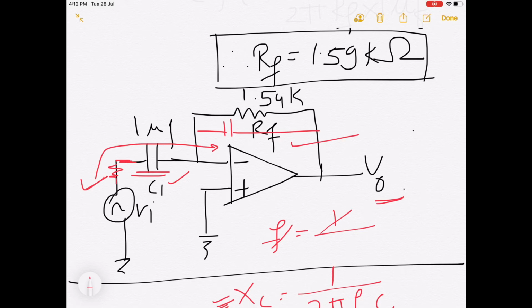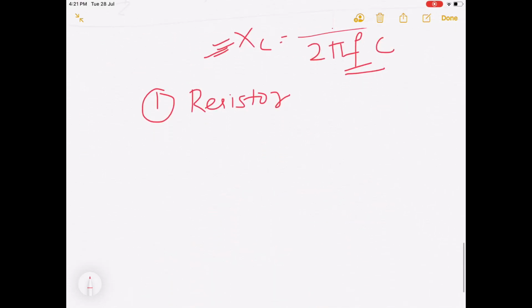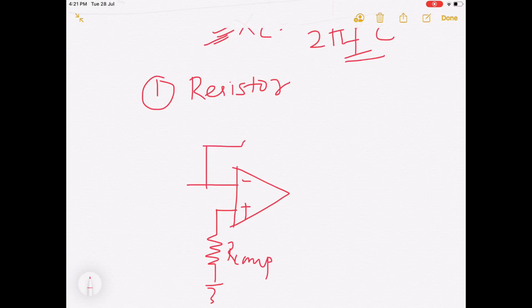Okay. So, first we will go for the practical circuit diagram of the differentiator. Here, the same diagram, the basic ideal differentiator, we have to draw first. So, here is our compensation resistor, then one resistor in the feedback path which is also present in the ideal differentiator. So, this is Rf, then one capacitor which is already present in the ideal differentiator, C1.